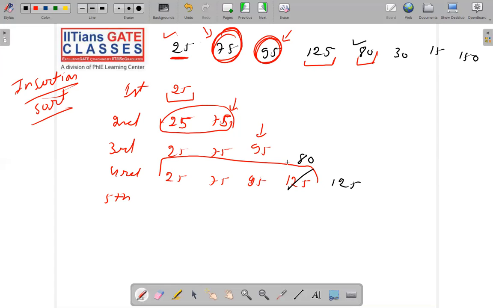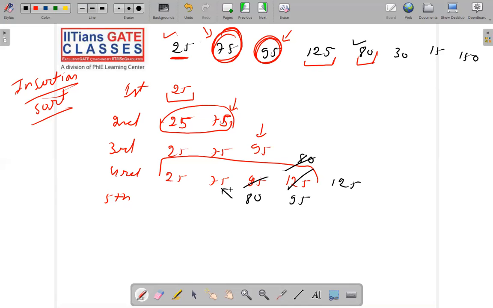Then 80 will be compared with 95. Again, one smaller element, 95. 80 is smaller, so 80 should come here and 95 should come here. Now 80 will again be compared with 75 and we see that okay, 80 is greater. Now we won't compare